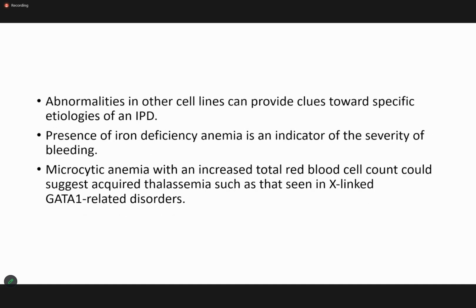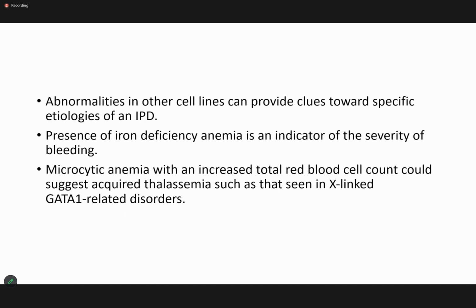Okay, and sometimes abnormality in other cell lines can provide clues towards the specific etiology of inherited platelet dysfunction. For example, IDA, or iron deficiency anemia, in a peripheral blood film is an indicator of the severity of the